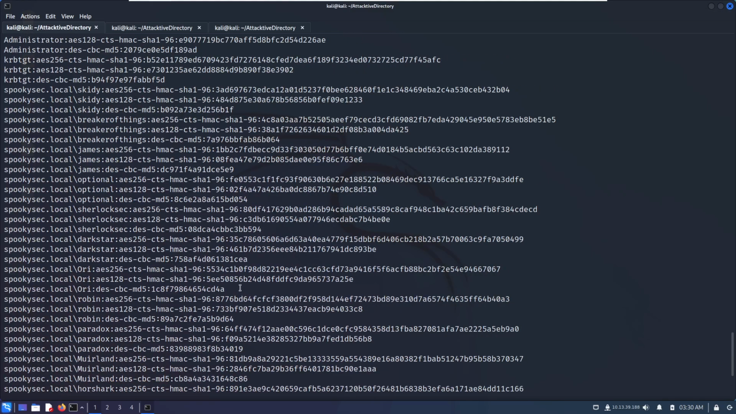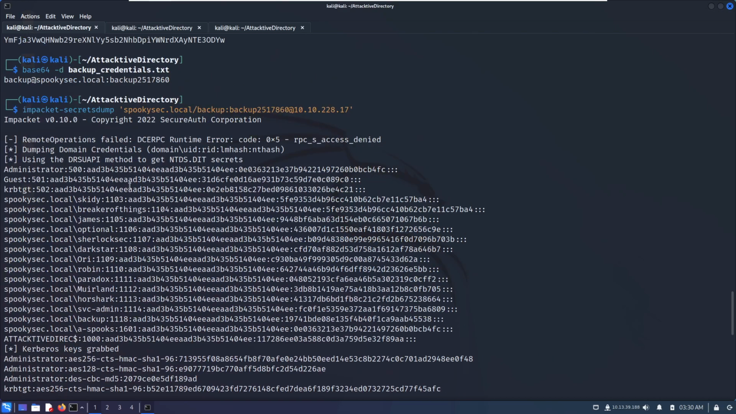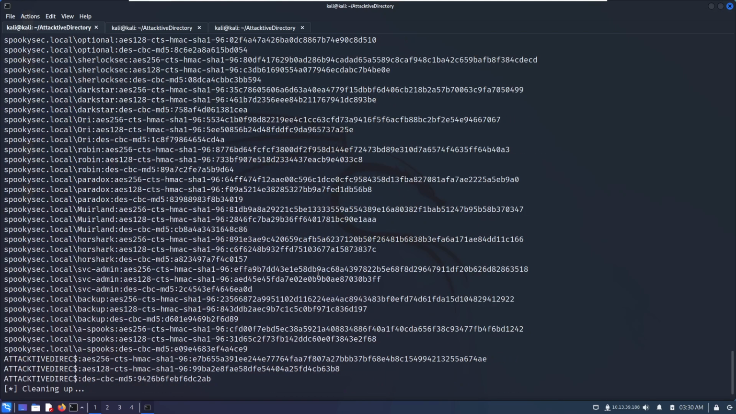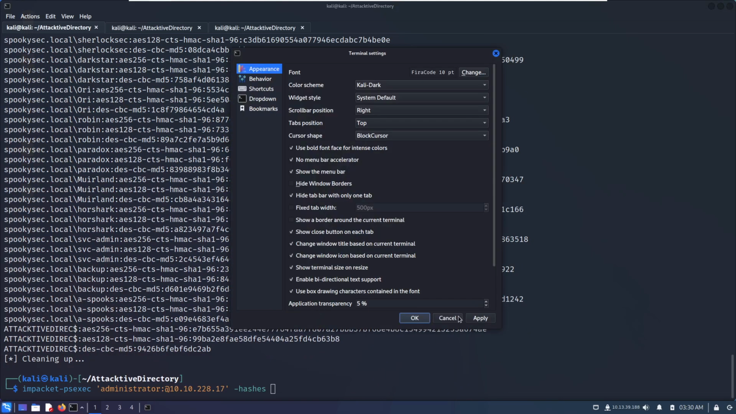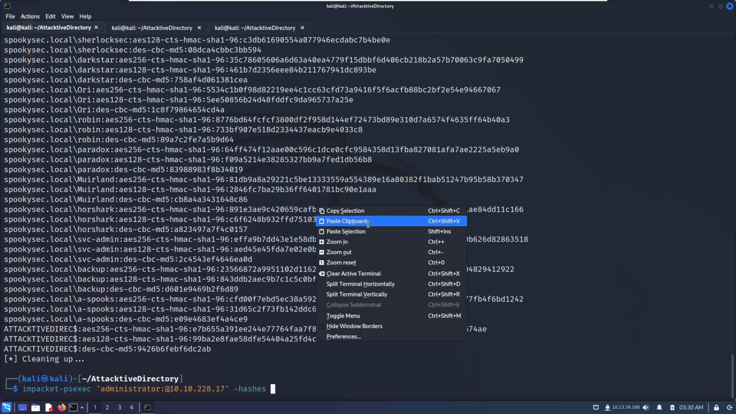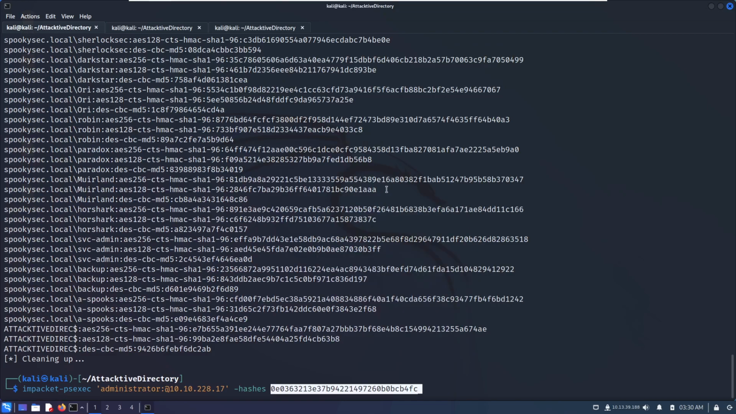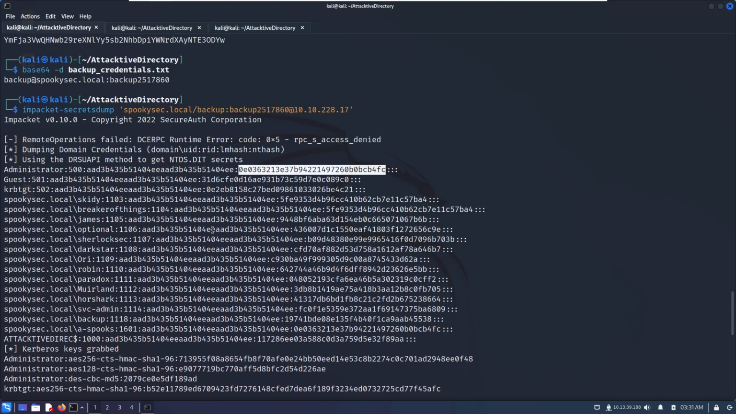Sorry, I think I'd already copied this, and then I copied the IP, and I lost my clipboard, so that's okay. I'll just come back up here and copy that again. Okay, hashes. Oh, sorry. I was like, that doesn't look right. That's because we need